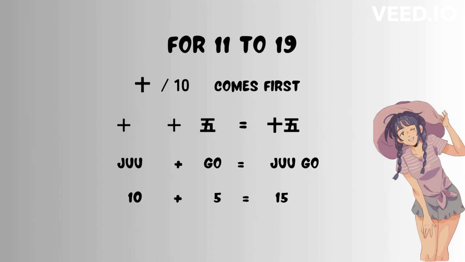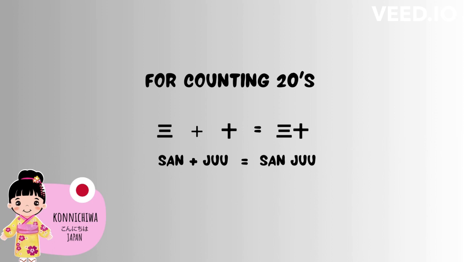For 11 to 19, 10 always comes first. Example: 10足す5イコール15。 For counting 20s, example: 3足す10イコール30。